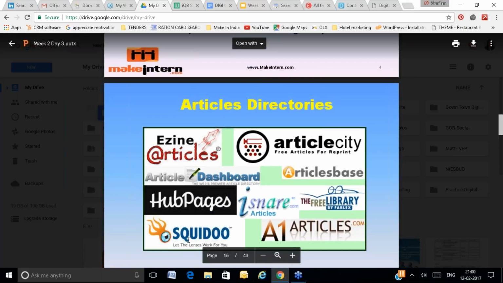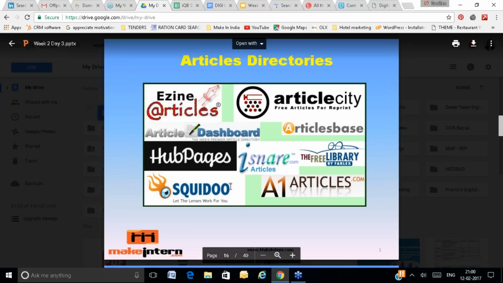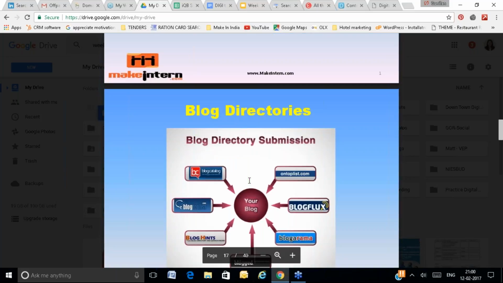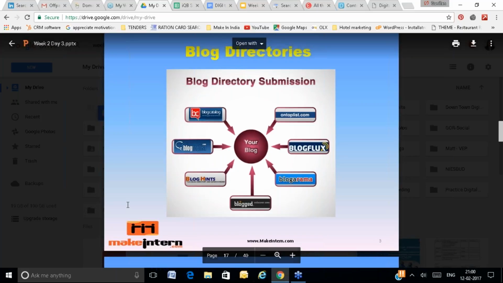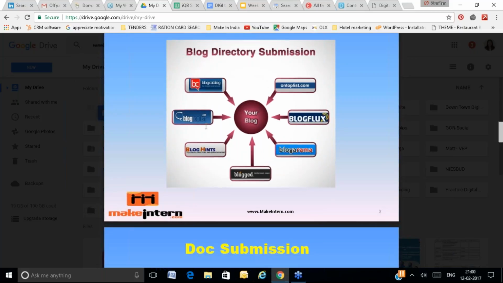Again, article websites such as Article City and HubPages, these are article directories. Go and find those article websites. Make a list of good article websites. Create the account. Write the article. Submit the article, and along with that, place one relevant website link. For blog directories, you will write a blog and submit it on all those blog directories. Go to Google, find a list of blog directories, create the account, submit your blog there and wait for approval. Once it is approved, that will be the backlink for your website.